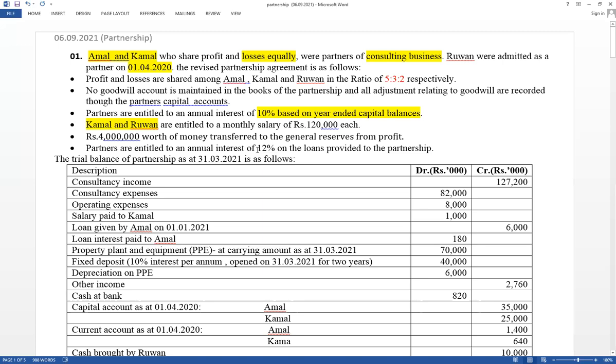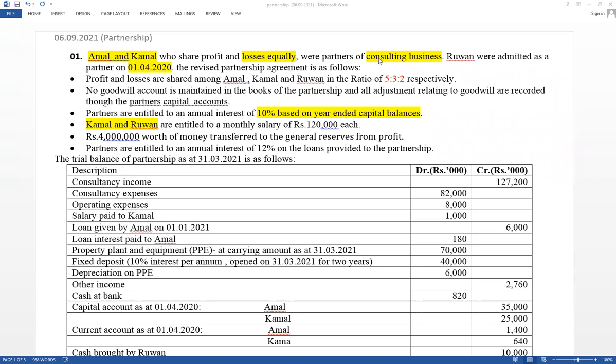If there is no agreement, or the agreement does not say to take loan interest, then based on section 24, 5% loan interest should be calculated. But in this example, it has given agreements. 12% interest should be paid for that, if a loan is given by the partner to the partnership. Very important, 2 partners available, all profit sharing ratio equally.